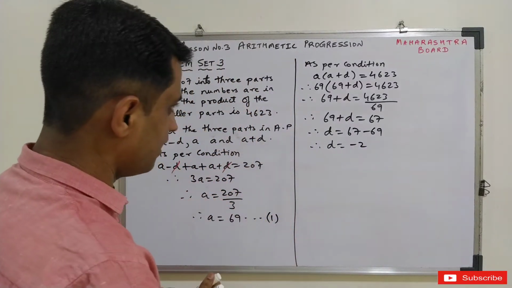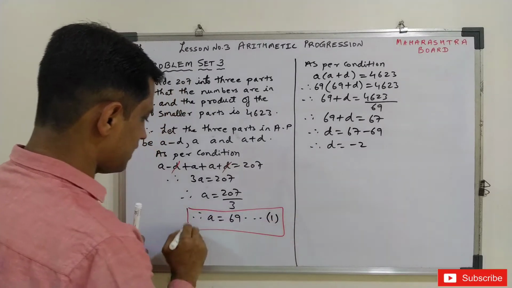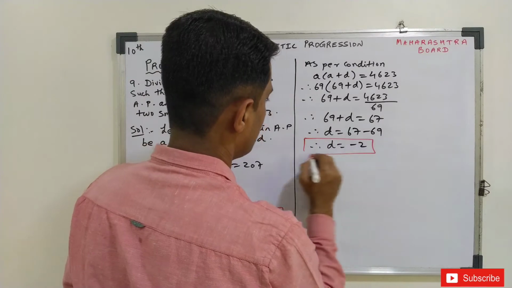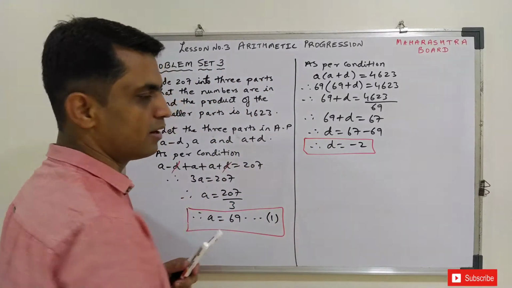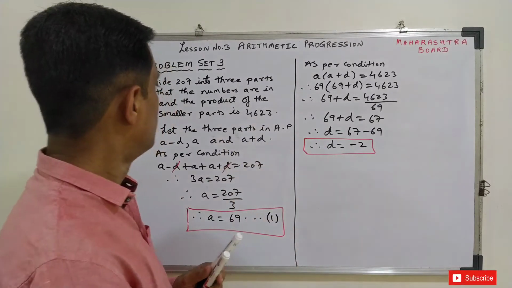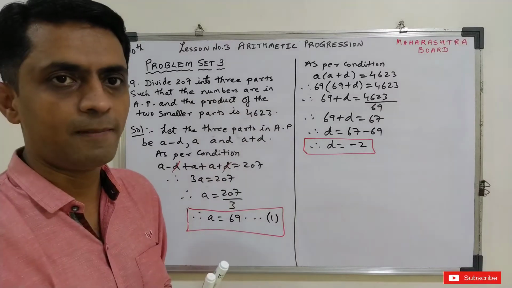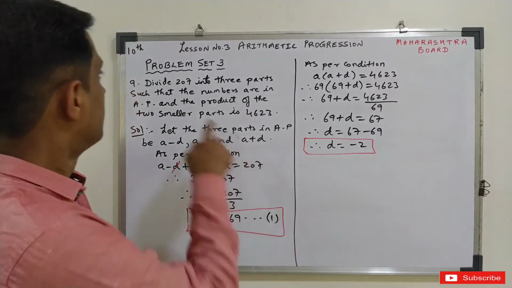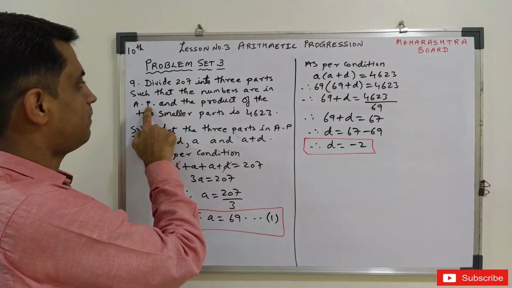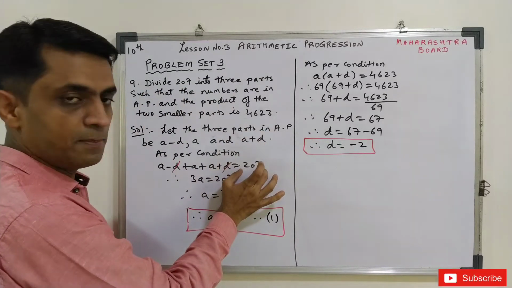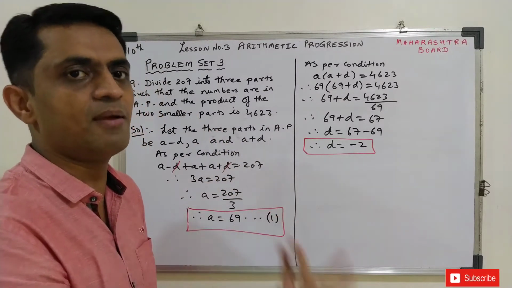So this is what we got here. Here also I highlight this A and this is our D. If we want, we can write the number 2 or let it be. If we don't write, it will do. Now what does it ask? They are asking you to mention the AP, which means you have to find the AP. Divide 207 into 3 parts such that the numbers are in AP. Now we have to divide this into 3 parts. It means they are asking you to find A minus D, A and A plus D.